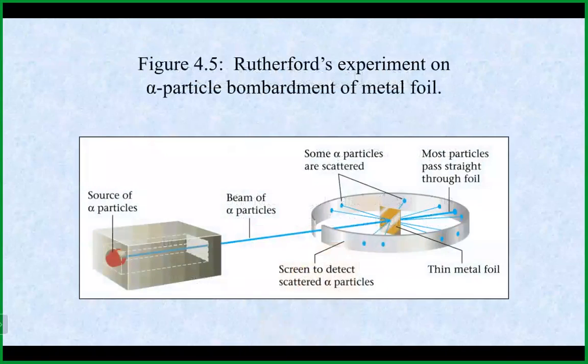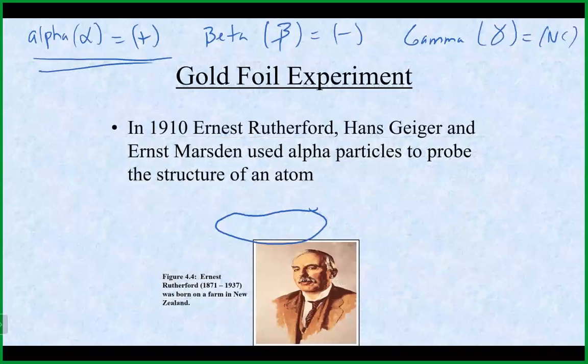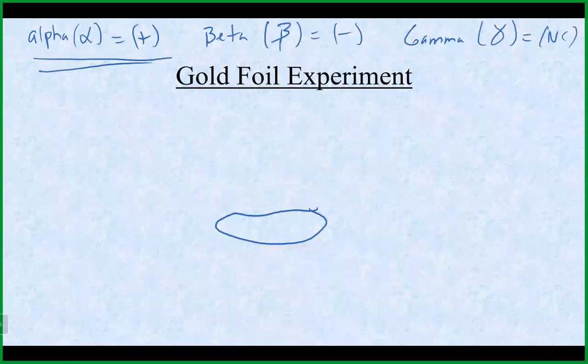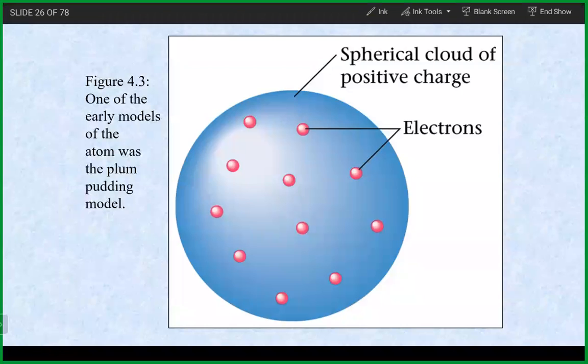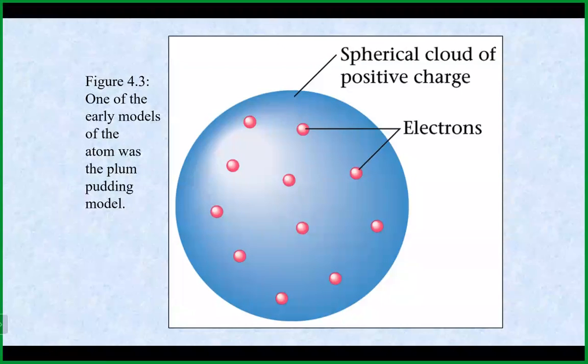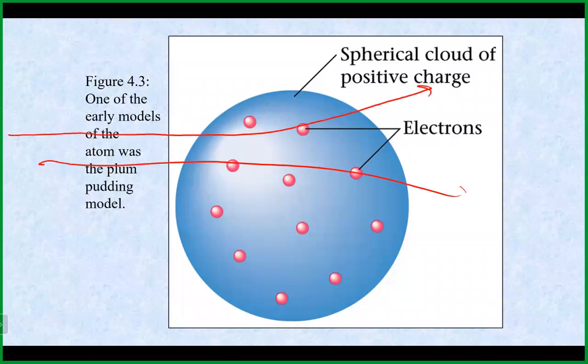Now, what he expected to happen and what actually happened were a couple of different things. So if we think about the early model of the atom that we just saw on the previous page, what he expected to happen was when he shot these alpha particles, because they are heavy, because they're moving fast, and they are positively charged, he expected these particles to come through, but have some